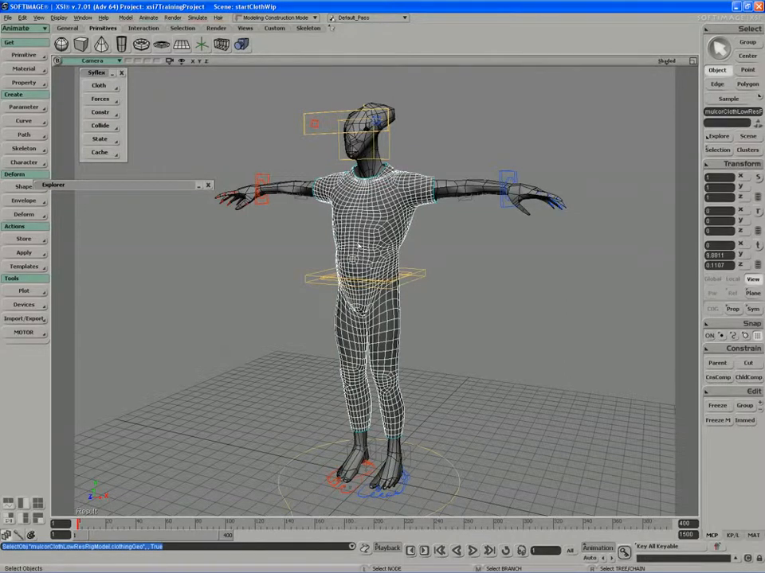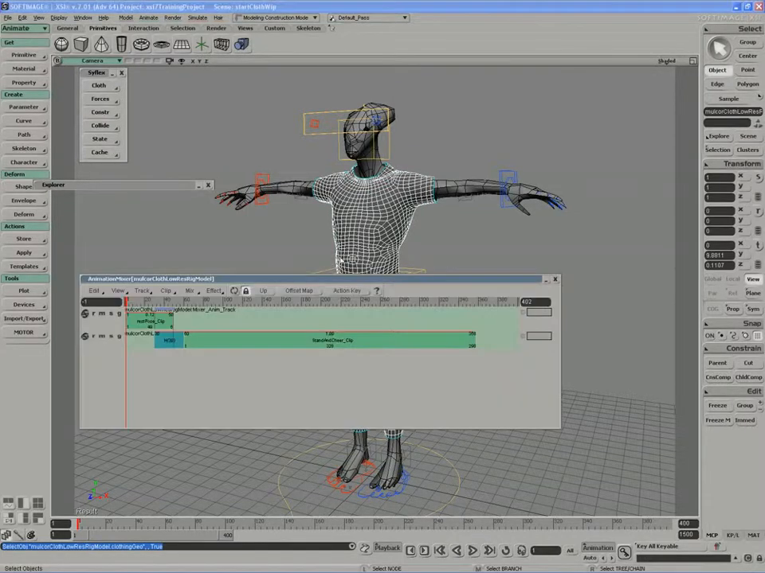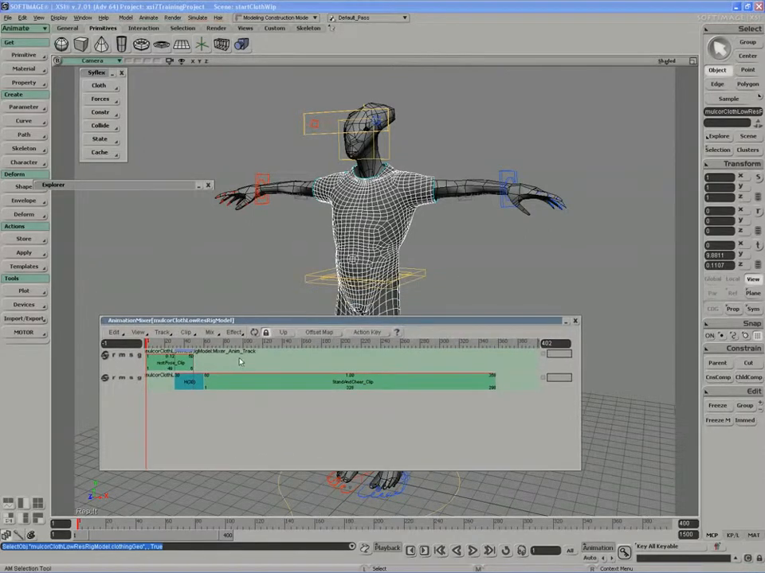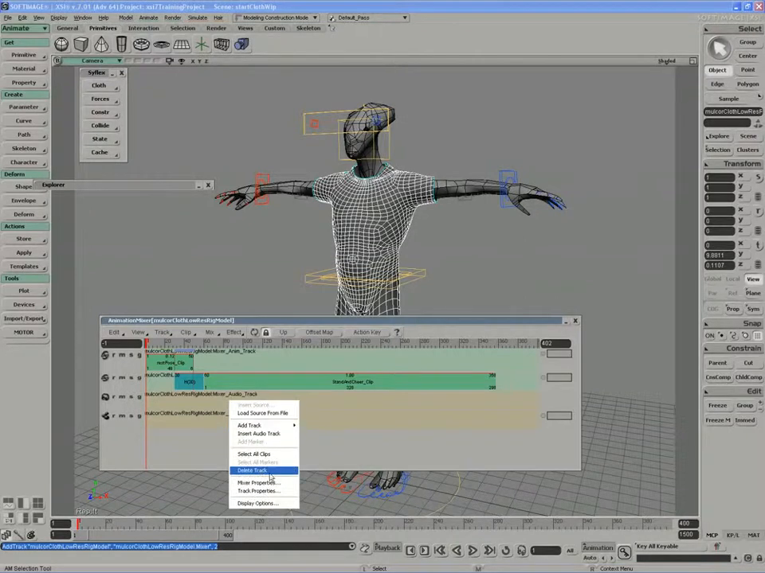If I select the mesh now and I open up the animation mixer with Alt-0, I'm going to add in a file cache track. Again, it's self-explanatory. They show up as kind of a gold color, similar to audio tracks. So you can get audio tracks and point cache tracks mixed up, but the name and label here should help